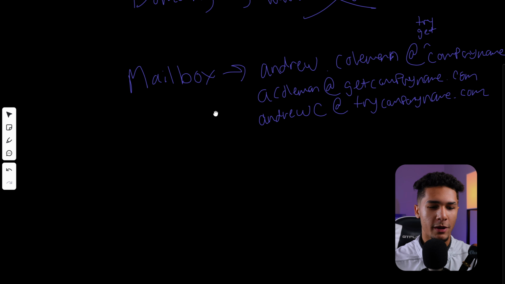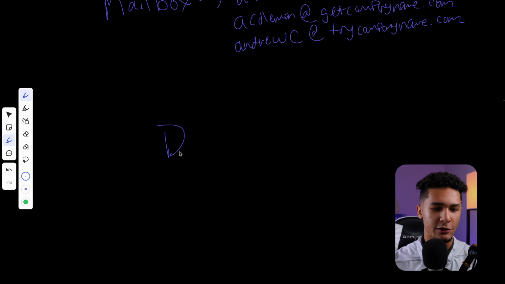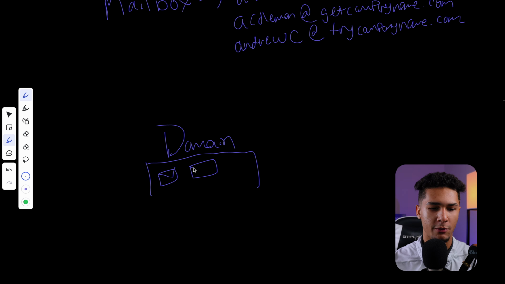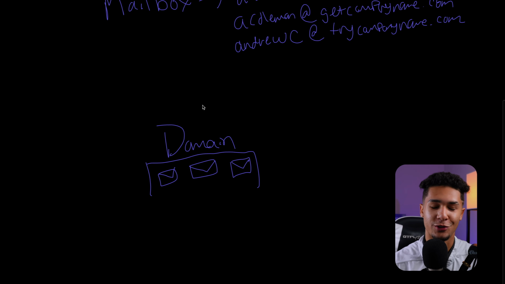So now we've gone over domains, we've gone over mailboxes, and this is how we can look at this. So if we look at domain, now we have mailbox 1, now we have mailbox 2, now we have mailbox 3, all underneath that domain. So that way we can send emails from here. And this is a good starting infrastructure setup. And now we can move on to your sending tool,